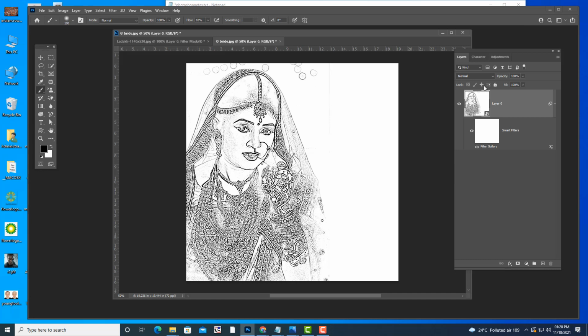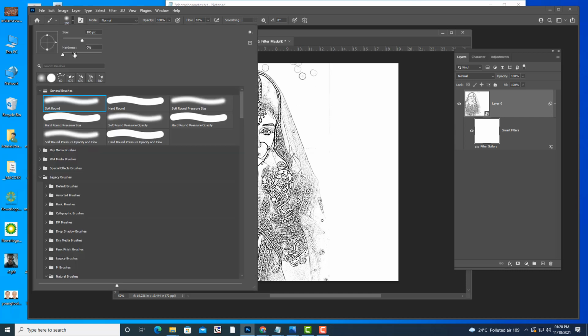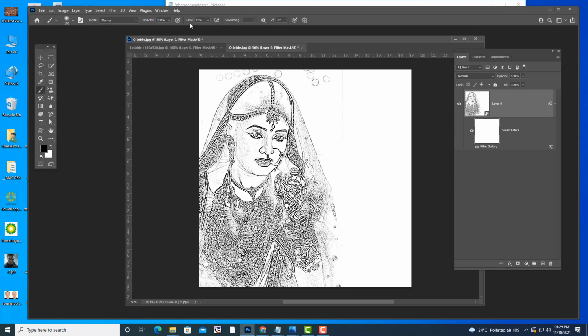Now what can you do? Select the thumbnail, take a soft round brush, and reduce the flow amount.